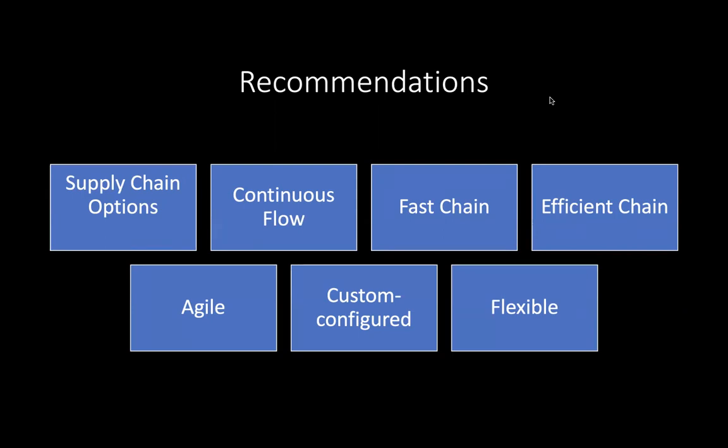Following the efficient chain model, the organization is expected to create proper production forecasts so that it can prepare machinery and raw materials accordingly. The Agile model is well suited for businesses dealing with specialty items where products may require extra care in the supply chain. This model is usually fine-tuned for the product that is being used. The custom configured model is a mix of agile and continuous flow models, where the product that is being manufactured may require some extra customization, but it needs to operate on an end-to-end basis.